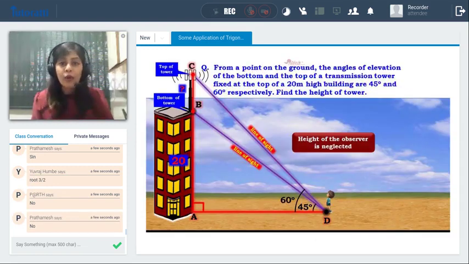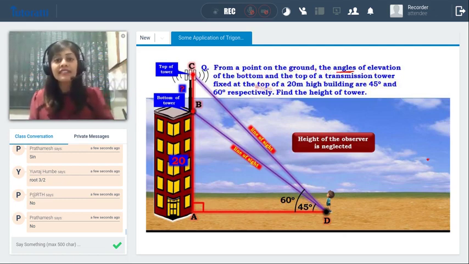Okay, from a point on the ground. The moment you read everything which is going to be important, students, start plotting it in your diagram. So what do we have? We have a point on the ground. Angles of elevation. We're talking about angles. We have more than one angle. Let's see which are those two angles. Angles of elevation of the bottom and top of a transmission tower fixed at the top of a 20-meter high